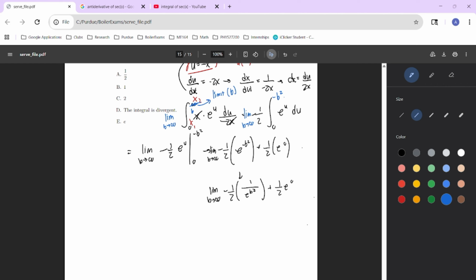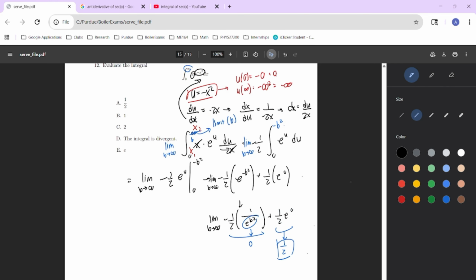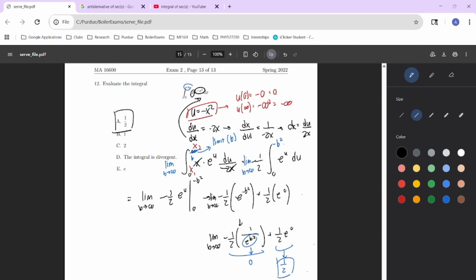As we can see, this term is going to approach 0 because e to the b squared approaches infinity, so 1 over e to the b squared should approach 0. This term all goes to 0, but this term remains as 1/2. So this is the solution to our integral. Our solution should be